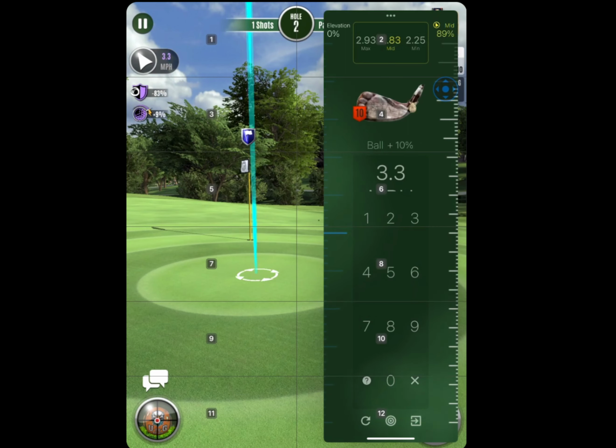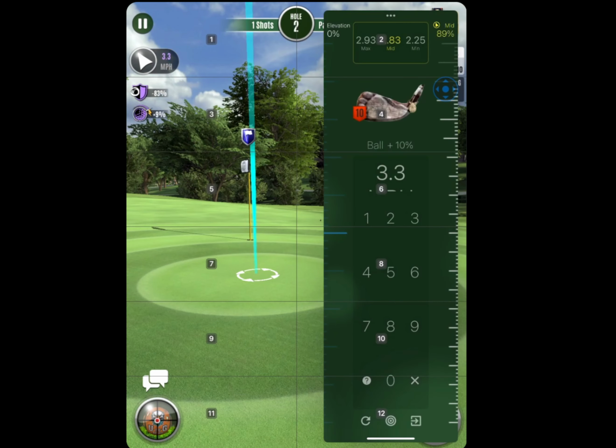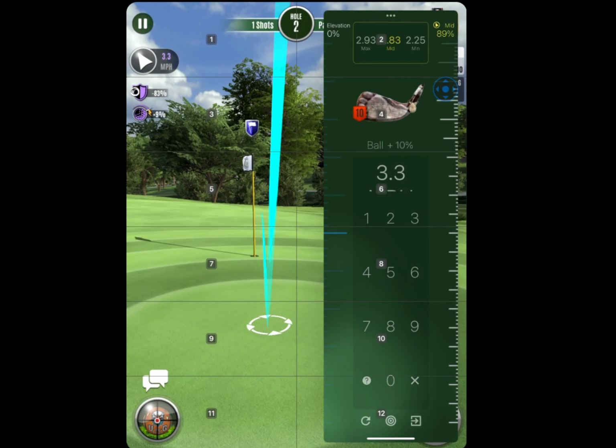Yes. If I press and hold, you see my WPR I've set at 7.5, plus 7.5. Okay. And I imagine that was a lot of trial and error and tinkering. Trial and error, yep. Look, you could set that at 0, but then you'd have to